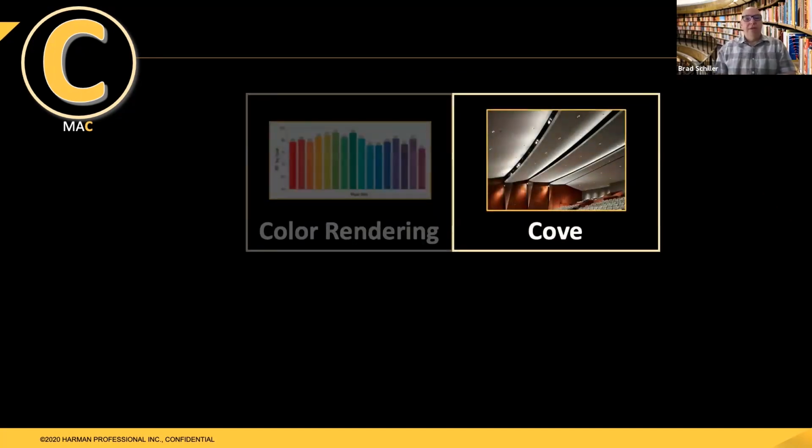Cove is a fun word because it sounds like a really cool place, maybe somewhere on the beach. But what a cove really means is an area in a venue ceiling that allows for the placement of lighting fixtures. A cove could be, as shown here, up in a theater above the rafters, kind of hidden away so the lights can shoot out through it. A cove could also be a little side pocket on a wall. It's used in many different ways, but typically a cove is an area where the lighting fixtures are more hidden away, typically up in a ceiling or along a wall. There are even specific cove lights made in the architectural world to help with uplighting a wall. So cove is a fun word.